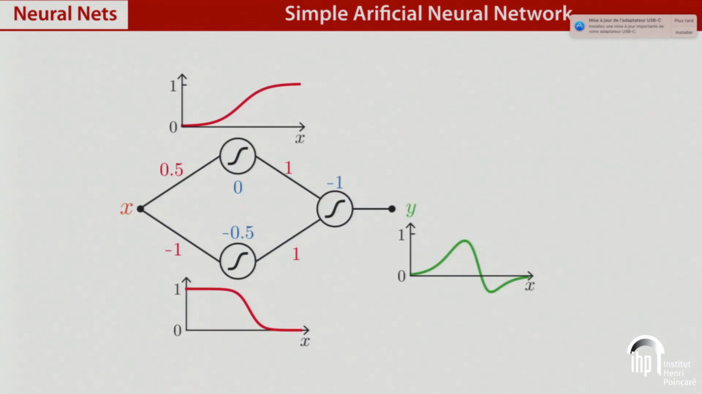Okay, so let's look at a simple artificial neural network. So it's a 2-layer network. You have one input connecting to a first layer, with the weights given here. This is the activation function of the first layer as a function of x. And now I recombine the outputs of the first layer into the second layer, and